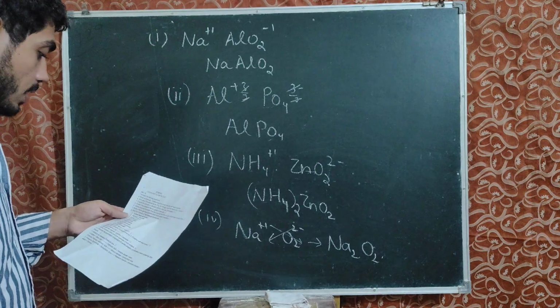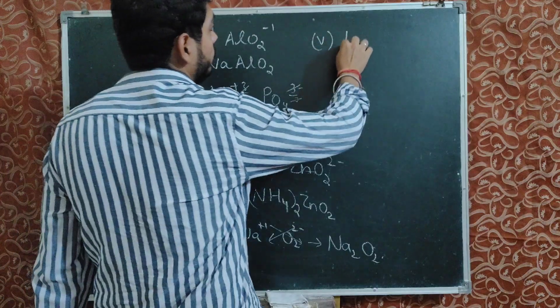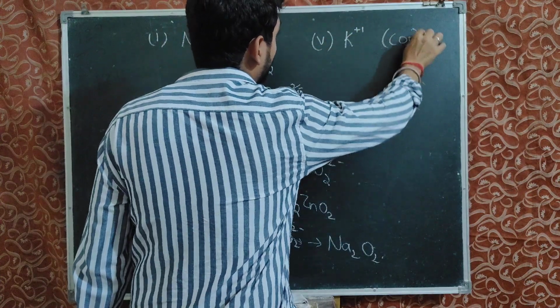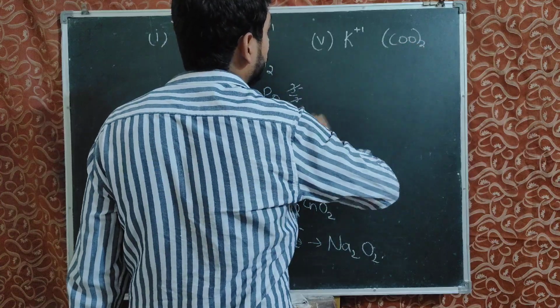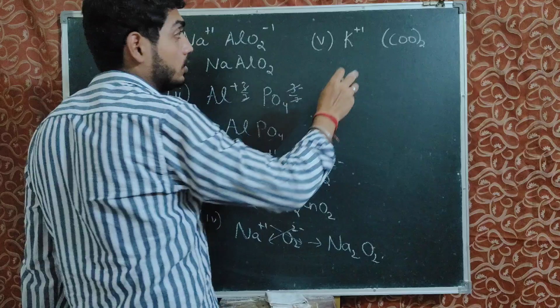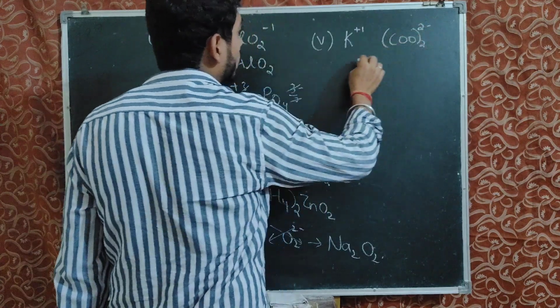Next, potassium oxalate. Potassium is K plus 1 and oxalate is COO. This is an organic acid radical. Why? Because it has carbon in it and it comes from an acid, which is oxalic acid. So oxalate is (COO)2 with a charge of 2 minus. So the product form would be